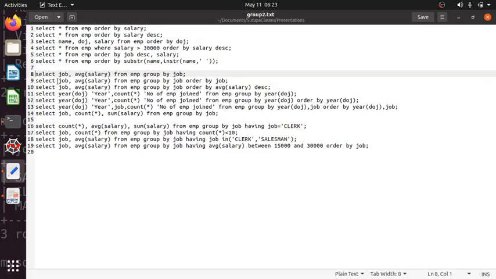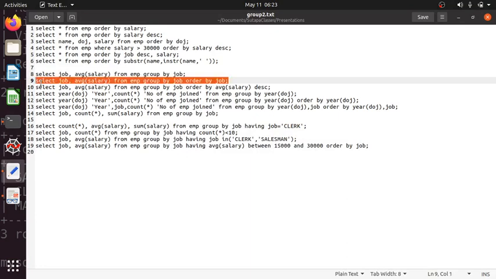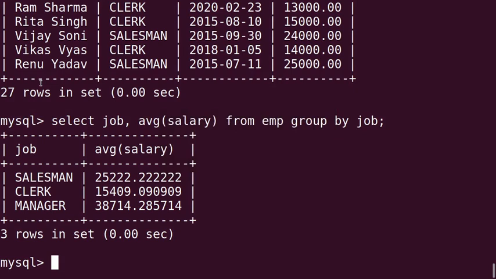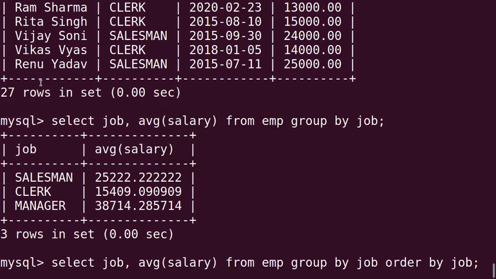In the next query we try to sort the output. See, to the same query we have added the last part, order by job. So it becomes select job, average salary from employee group by job order by job.